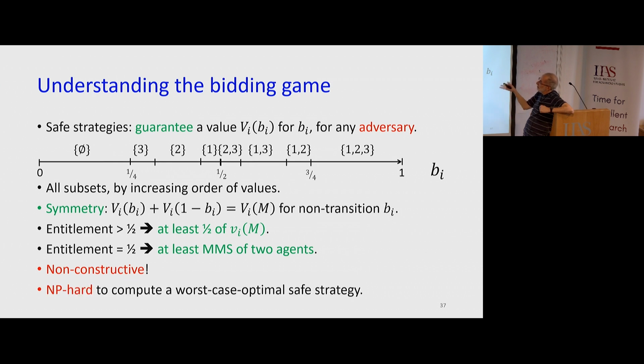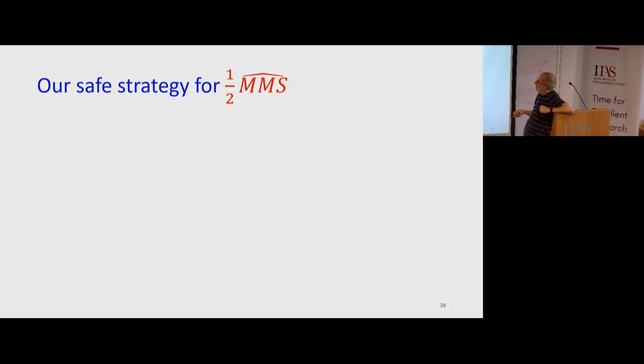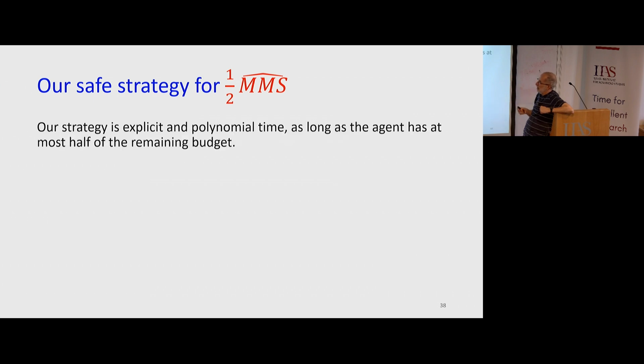So we have this understanding of the bidding game, and using this we have a safe strategy that achieves this half of MMS hat. Our strategy has two parts. One is an explicit polynomial time strategy that we employ as long as your budget is less than half of the total budget. It's a complicated strategy, but it's polynomial time computable, and I will not even try to